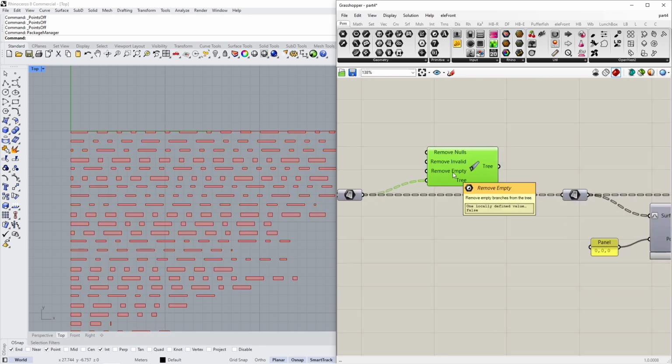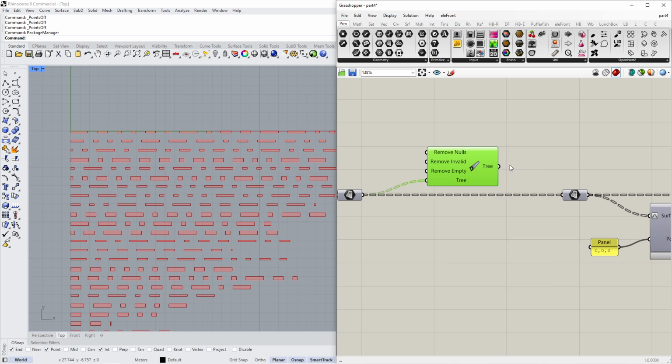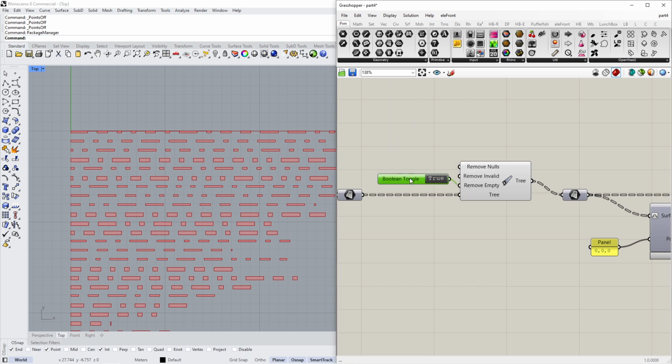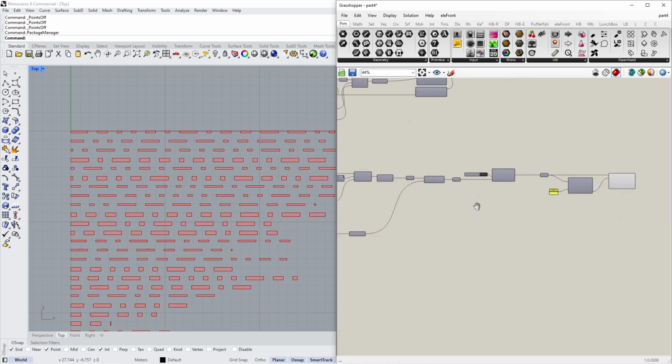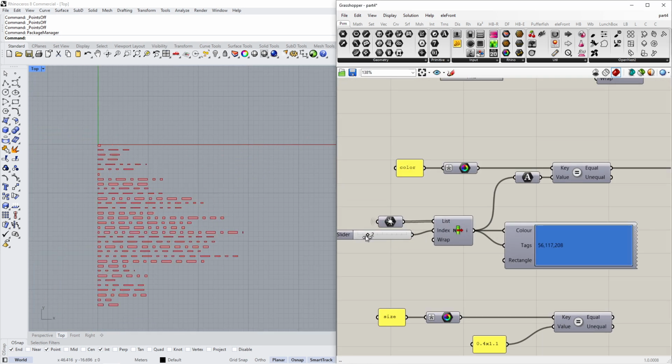So we need to set remove empty branches to true as well. The other ones are already set to true. Let me just use a toggle so it's a bit more clear. Just like this, right? So now I can toggle through my colors, as you can see here,